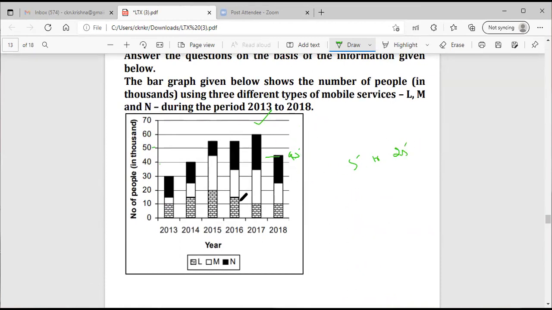ఇది తీసుకుంటే 15కి వెళ్ళి 35 వరకు 20. ఇది తీసుకుంటే 10. ఇది తీసుకుంటే 35 అంటే 25. ఇది తీసుకుంటే 10, ఇది తీసుకుంటే 25, the value is 15. 5, 10, 15, 15 plus 25, 40, 40 plus 20, 60, 60 plus 40, 100. For how many years? 1, 2, 3, 4, 5, 6. 6 years. 100 by 6, you all know, which is